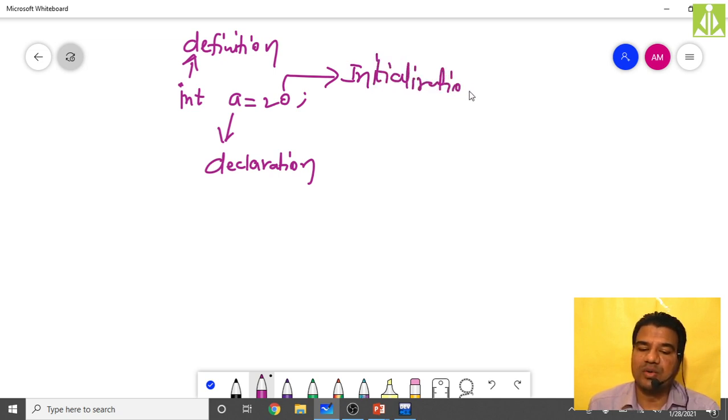If you're doing initialization, that means the declaration and definition have already been done, or if you're doing the definition, that means the declaration has already been done. After giving the name only can we give the definition; without a name, giving a definition is not possible. To whom will you give the definition? That is the reason why first you choose the name for the variable, then you declare it, then you define it. Choosing the name is declaration, specifying the type is definition, assigning the value is initialization.